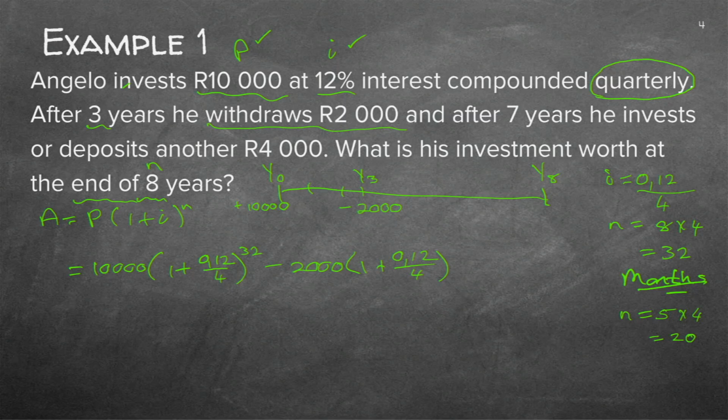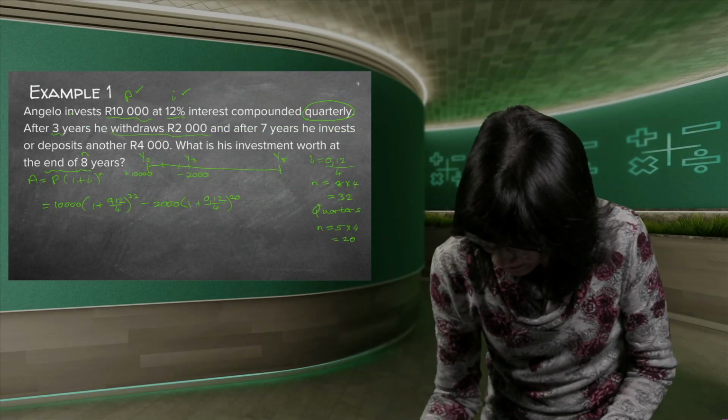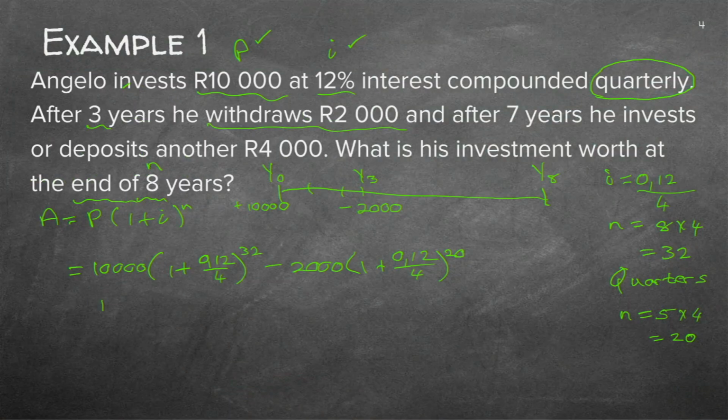Monthly. Oh, sorry. You see, I made a mistake again. Months. Was it months? Did I divide by 12? Quarters. Quarters, not months. So all my sums need to be in quarters. You will not necessarily have to write it down. I'm just doing it so that you remember all the time quarterly. So everything needs to be in quarters. So my 5 years left times 4 gives me 20 quarters. So I put that there. And because I don't have a lot of space, I'll just do the next one here.